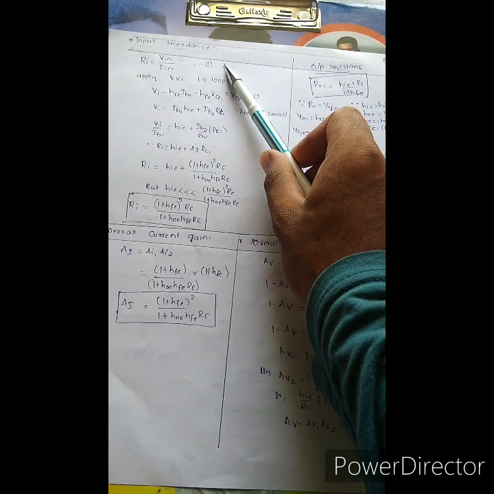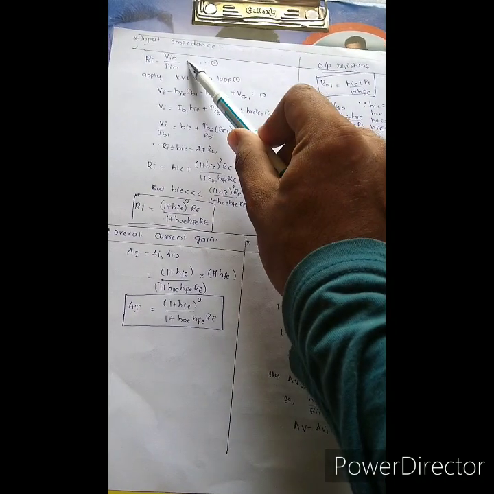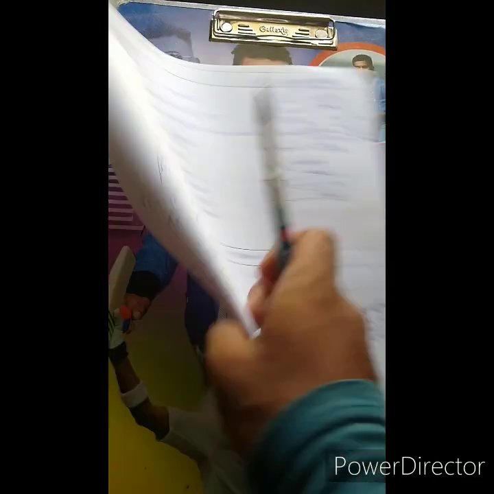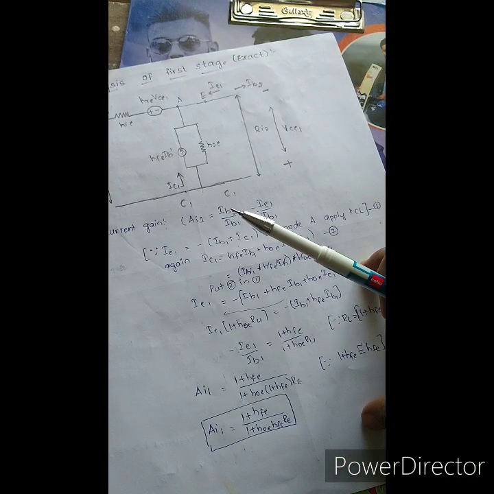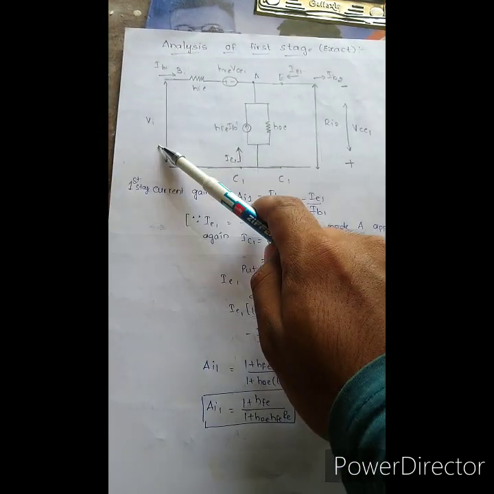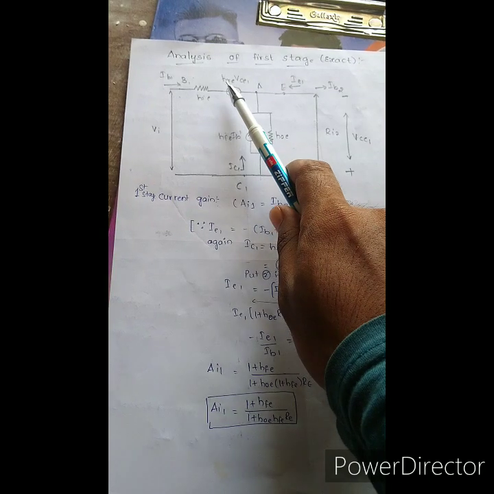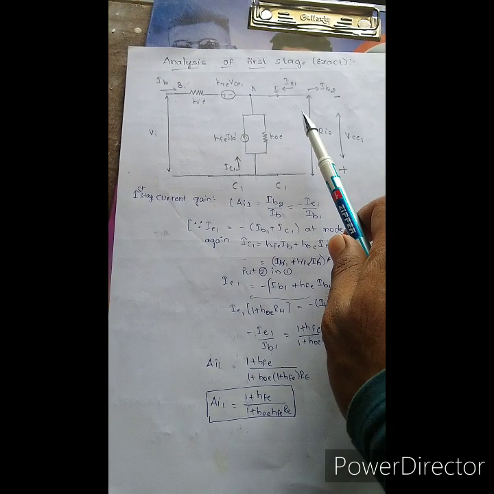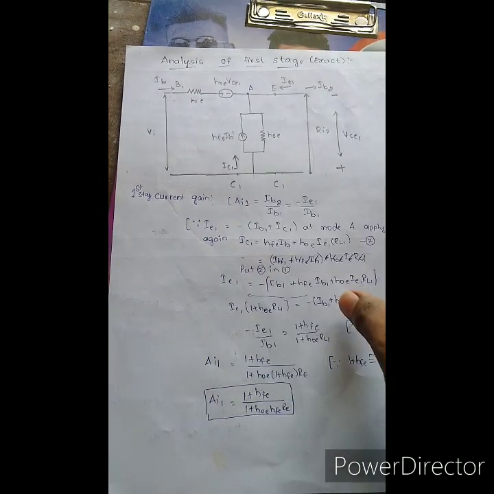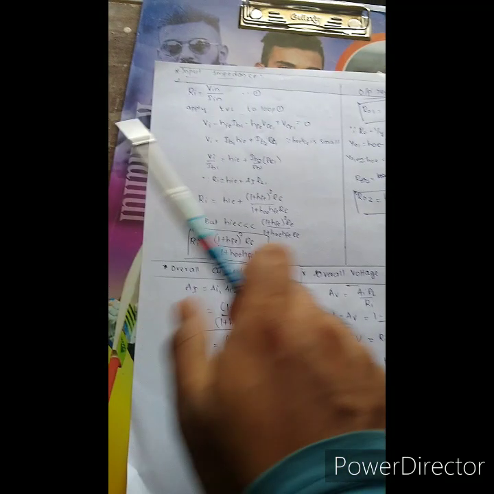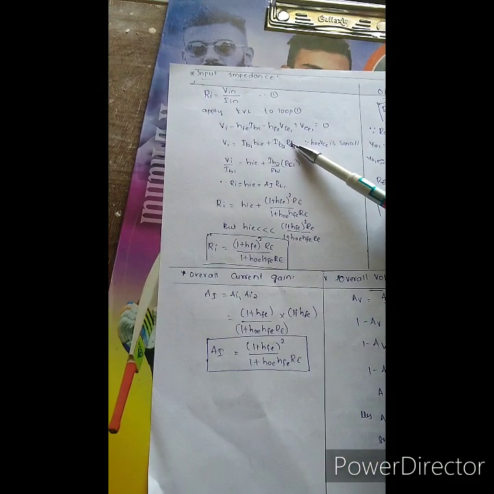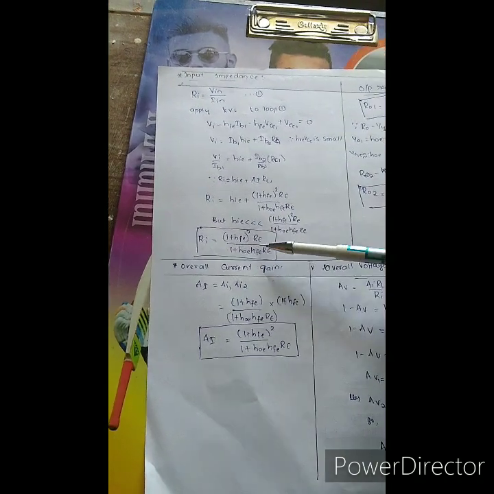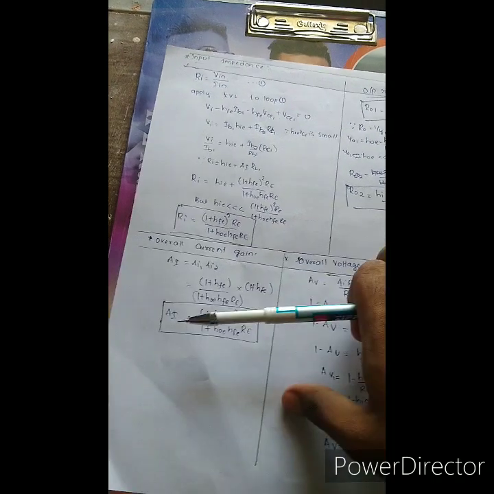And the input impedance is calculated by input voltage by input current. Apply KVL to loop 1. By seeing the diagram, VA by IB1. When we apply the loop, IB1 into HIE plus HOE into IC1. Similarly, we have written all the equations, friends. All the voltage equations are written and each and every step is clear. If you have any doubts, you can ask me. This is the input impedance of the CC amplifier.